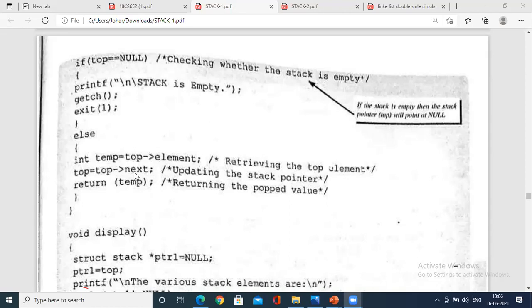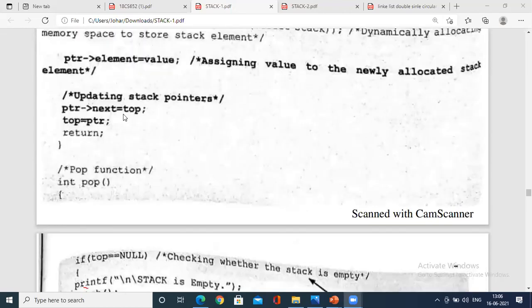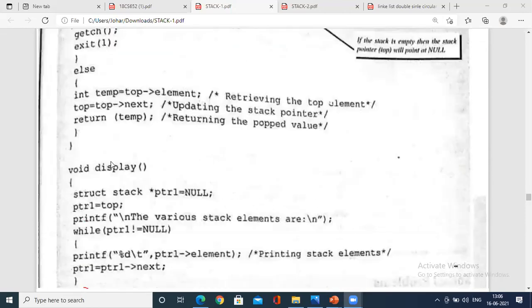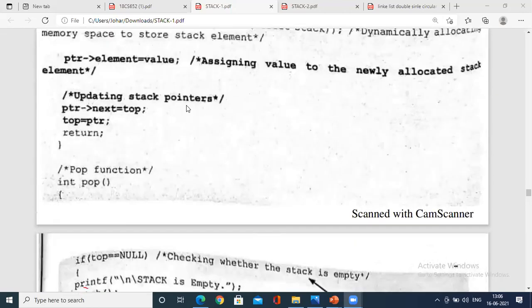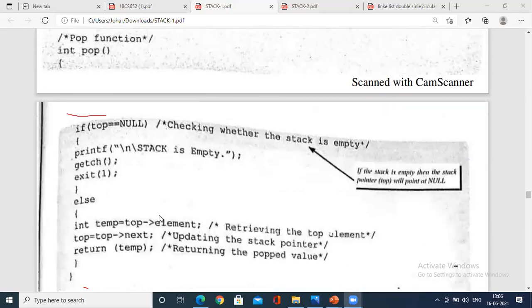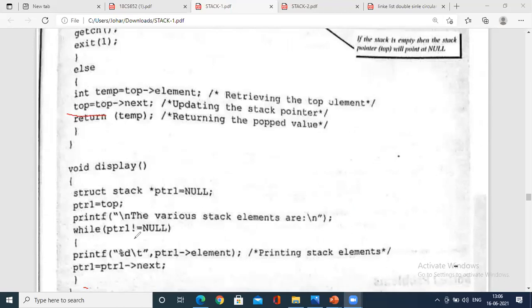Okay. So here, what we did? See, top is assigned to PTR of next. These statements have been reversed. Either here top of next, top to the top of next. Just wanted to stress this symbol, PTR of next. This is on the left hand side in the case of the pushing operation, whereas in the case of the popping operation, you could see here, top of element is on the right hand side. Top of next is on the right hand side. Hopefully you have tried to understand.